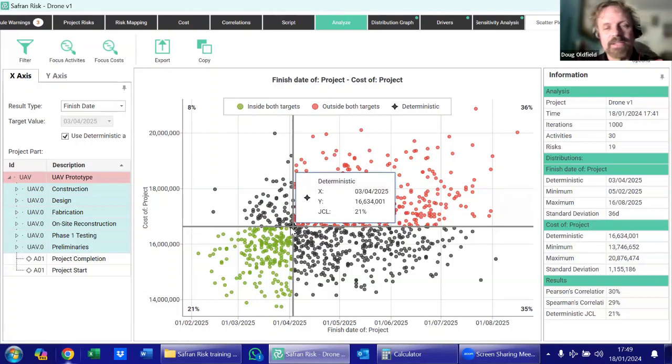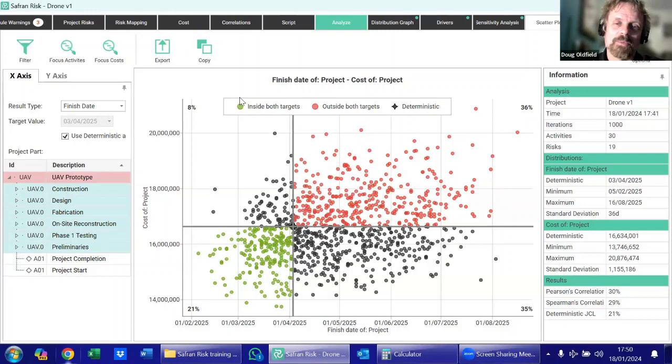So rather than looking at a P80 for cost and a P80 for schedule, or saying that we've got a P56 for cost and a P29 for schedule, if we look at those two things together, we've got a 21% chance of meeting both of those objectives together. And of course, we can tweak these graphs and look at the optimal level of cost contingency, and what that then does to our schedule outcomes and so on. But again,